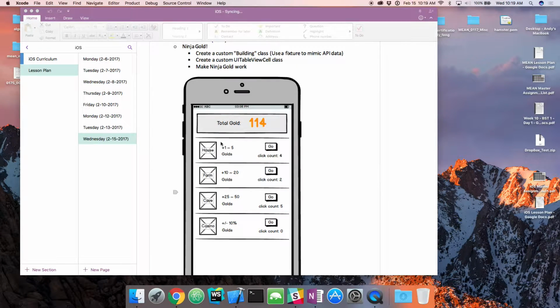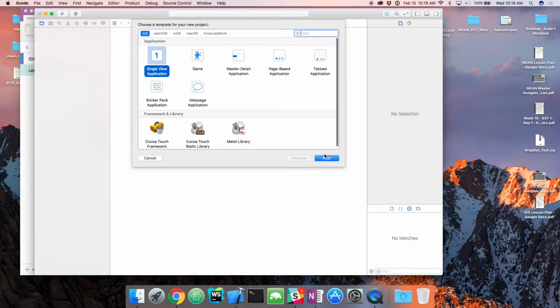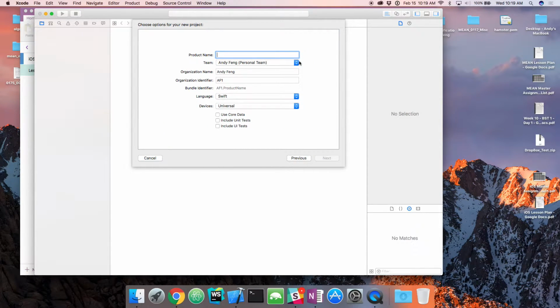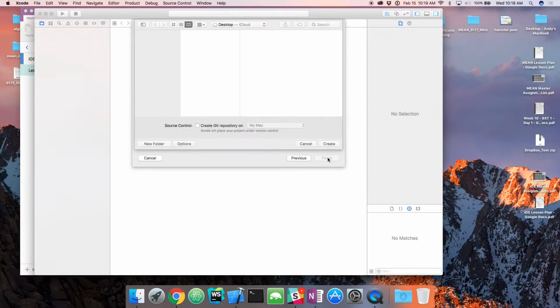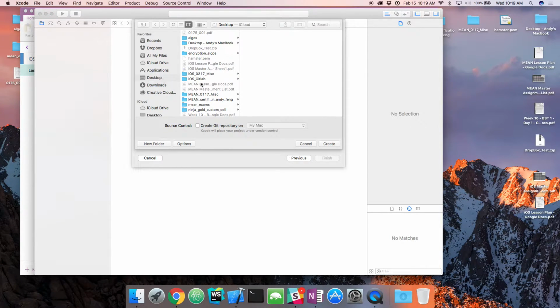So we're going to create a new project, single view application, Ninja Gold Custom Cell, right? We're not going to use core data, so that's all we need. We're going to save it on my desktop, create a Git repository,